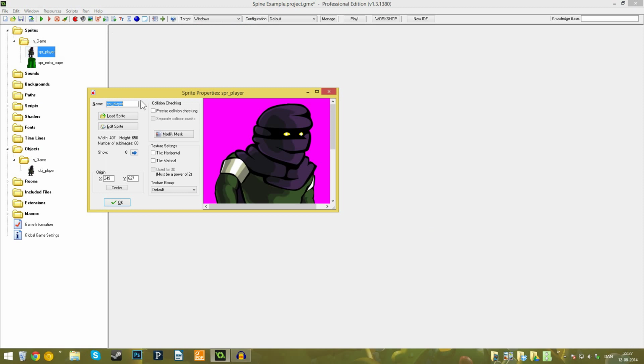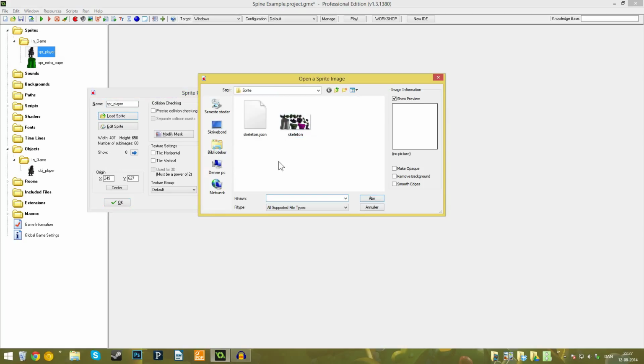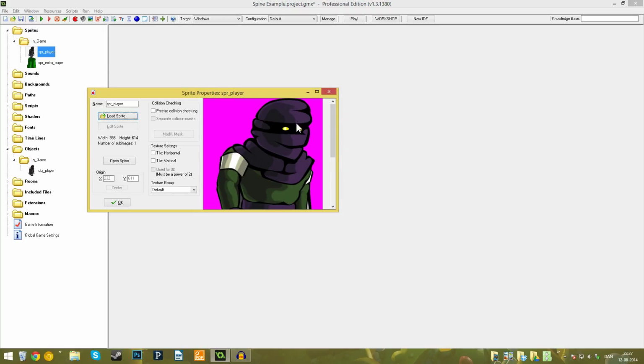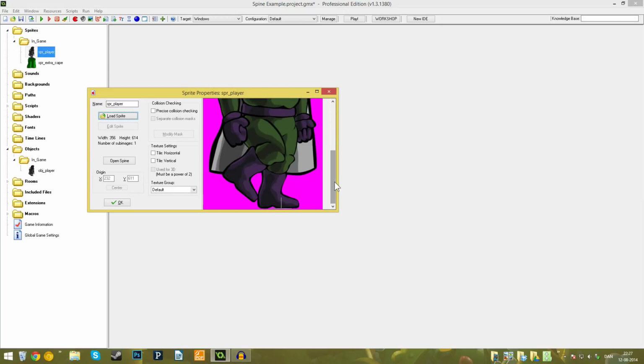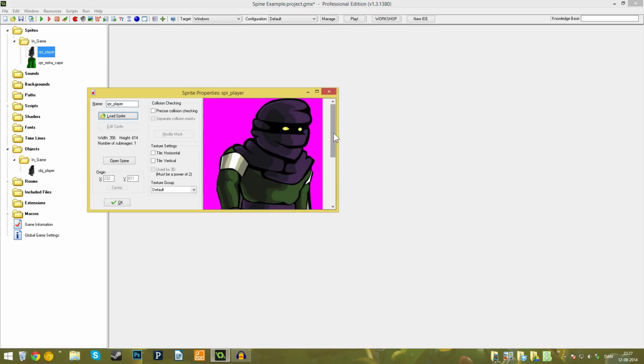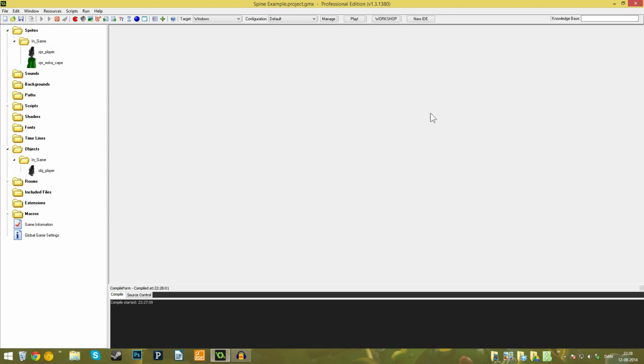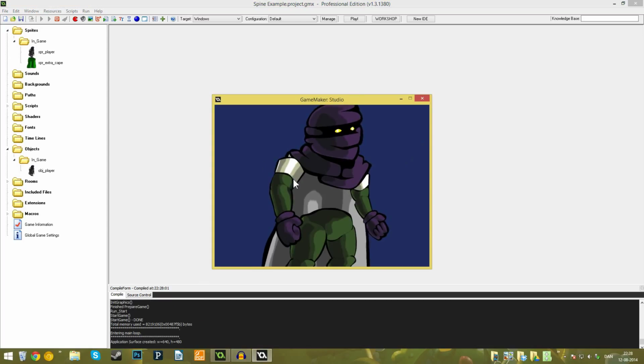So back in GameMaker, we can now replace our player sprite here with the JSON. Boom, it will load in. And now you can see you cannot select your own origins, because these will be simply as they were in Spine, which was placed at the foot as we wanted. So it's very important you remember that when you are creating this. But you'll then see that when we launch the game again, the sprite is still following the same animation and everything is as it should be,